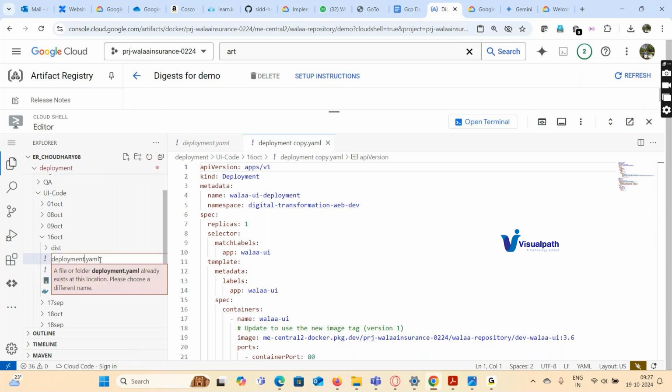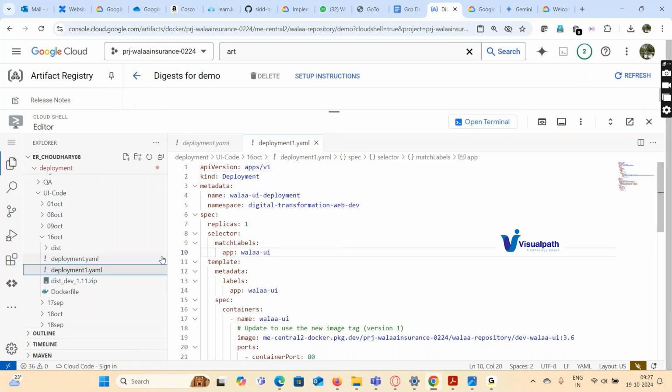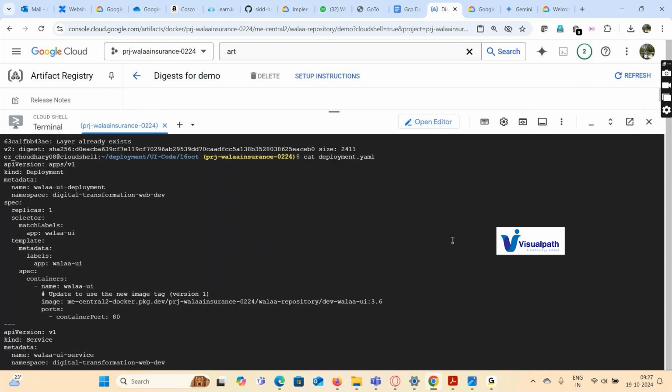So I'm naming this as one because we are going to implement this thing. I'm not going to change the original one. So what we are going to do,